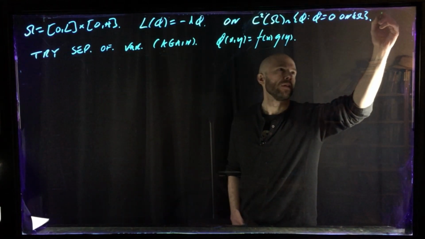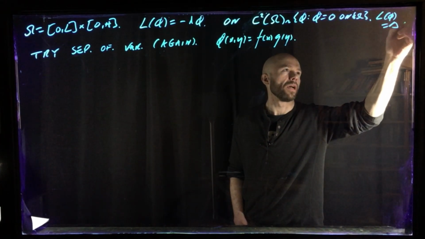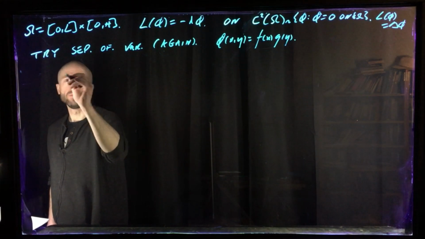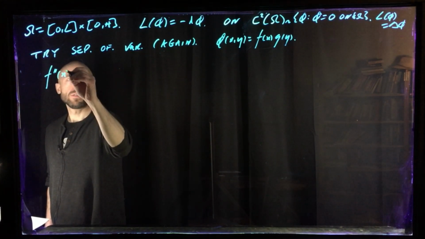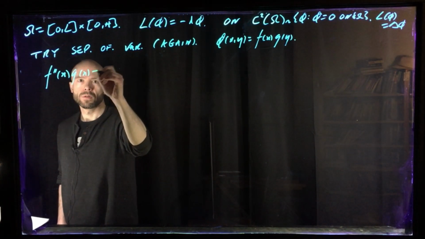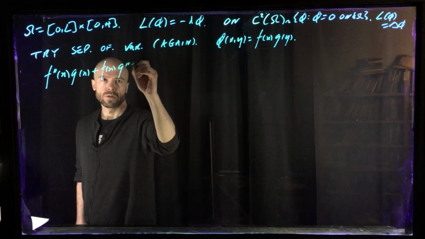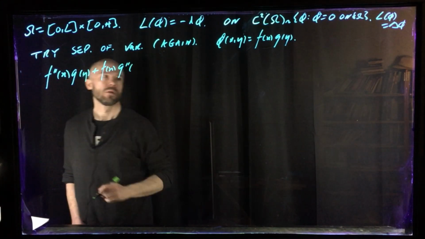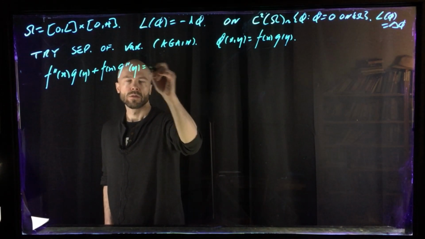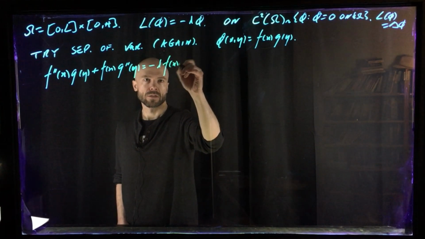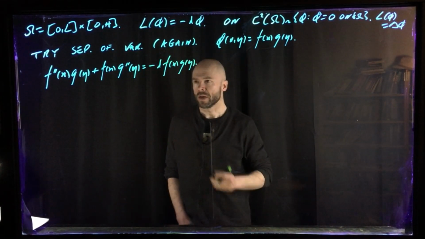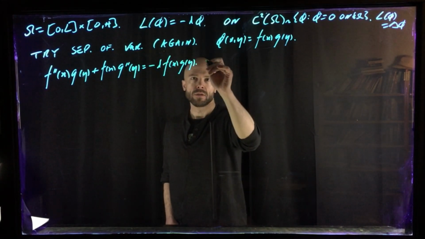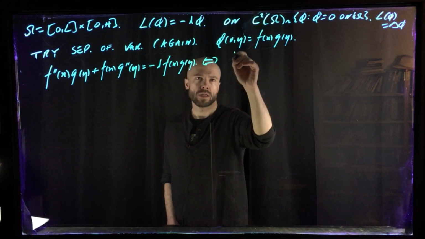I should also say that L of phi, remind you again, is the Laplacian. So if we have the Laplacian like this, then what's our equation? We are going to have this thing, oops, this is y, like this, is equal to minus lambda f of x g of y. All right, so let us divide through by f and g, and this gives us that